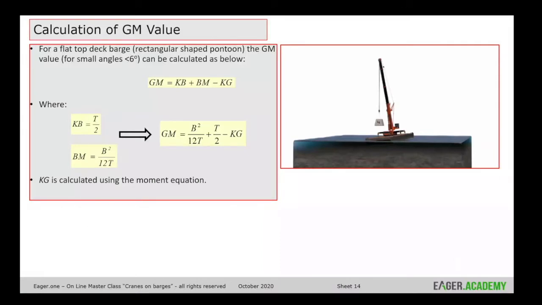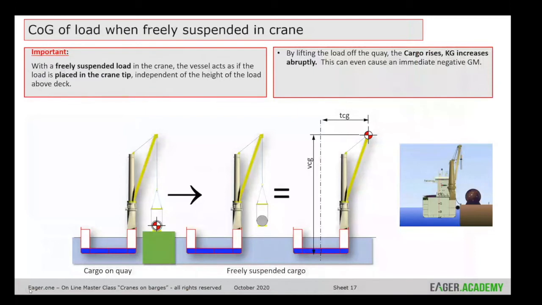Now this short animation is taken from the movie that was made after the accident in Alphen aan de Rijn, where these two cranes came down because of stability. And it clearly shows that the KG, the height of the whole system, together with the width and the draft of the vessel, has quite an influence on the stability. The effect of the stability of a ship